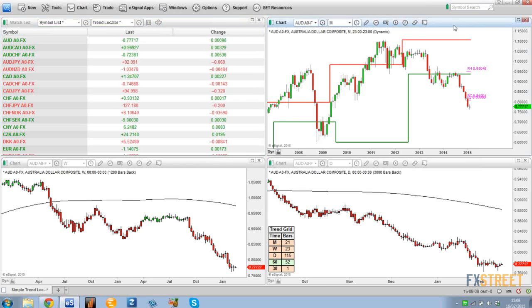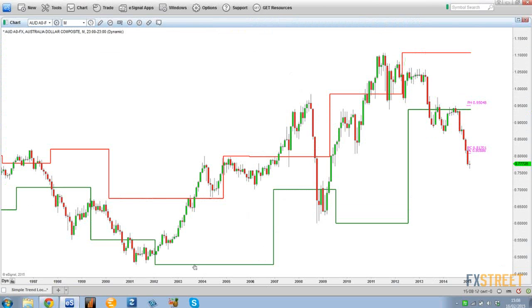Okay, so I'm going to start with the Aussie dollar, as we're on the Aussie dollar. And you can see that if we go a little bit further, the Aussie dollar trends very well. We've got a trend from 2002 to 2004, sideways movement, 2006 to 2008 uptrend, downtrend. Then 2008 all the way through to 2012, we've got an uptrend. Most recently, we've had this downtrend here, which I have been trading. So the Aussie dollar is a good example of how these trends can appear repeatedly.